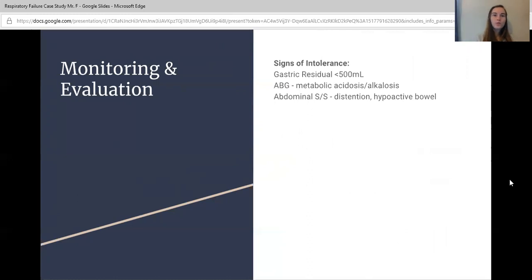We also need to monitor and evaluate the tolerance of that enteral feed, and oftentimes people will check the gastric residual. Most of the time, everything's fine as long as the patient's being worked up to it, and they might be on a bowel regimen if they are experiencing poor peristalsis. So most of the time this is okay, this is handled. But if it's at greater than 500 milliliters, then you might want to scale back on the rate and let them take their time